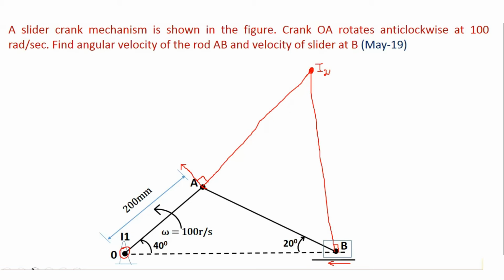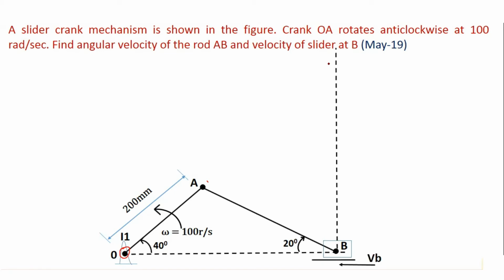Now let us see a shortcut technique which I have also shown you while taking the cases. The shortcut is just to extend the link which is hinged. Here you can see this link OA is hinged at this point, so I will just extend this link. For point B, we know the line will be vertical because the velocity is in horizontal direction. So there will be one vertical line here, and one line extended from here. Wherever they meet, that will be your ICR.